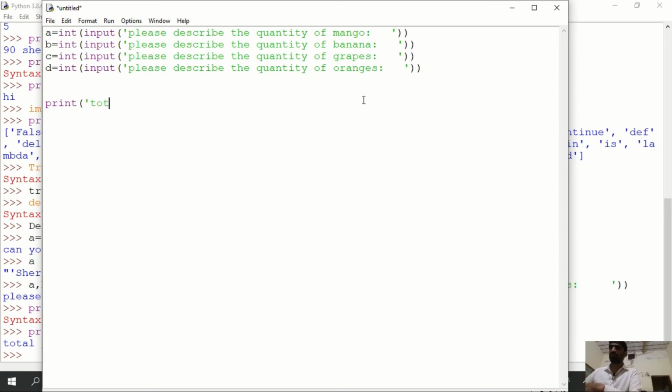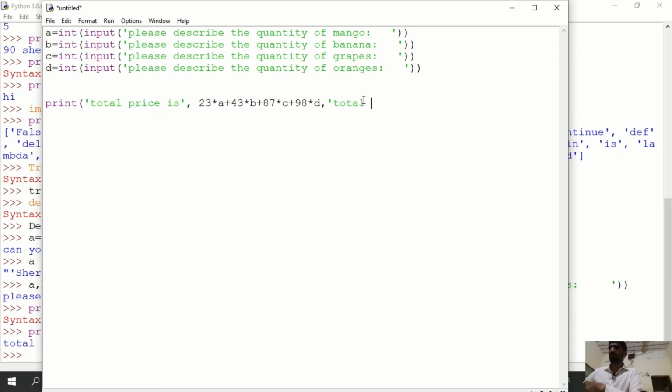I want the total price, so I say print total price, and I'm multiplying each number, plus 87 with c and plus 98 with d.